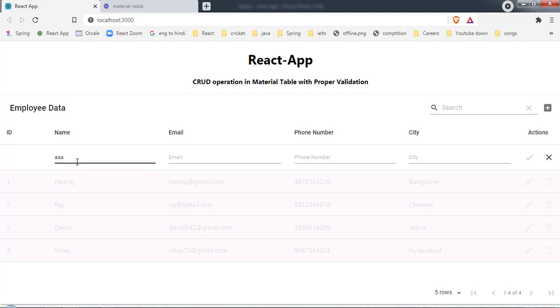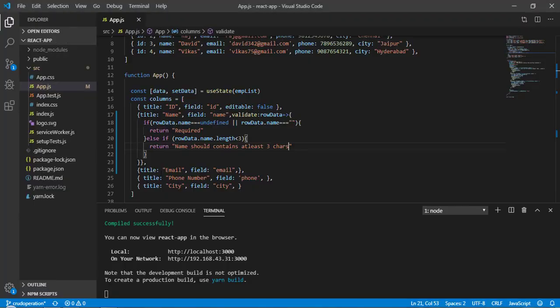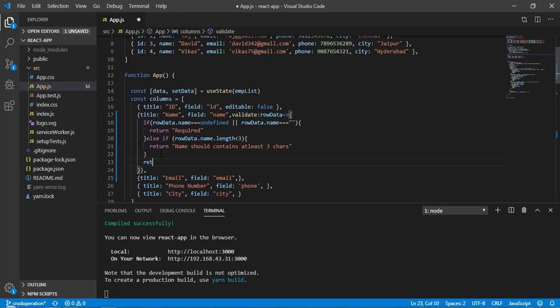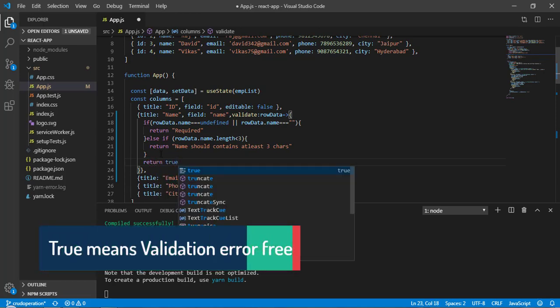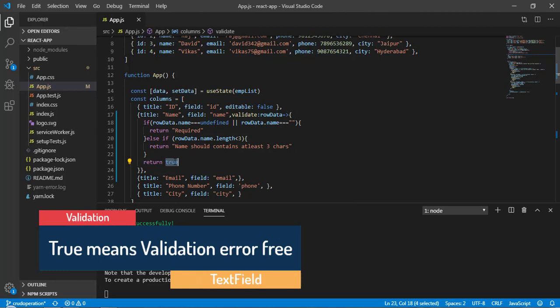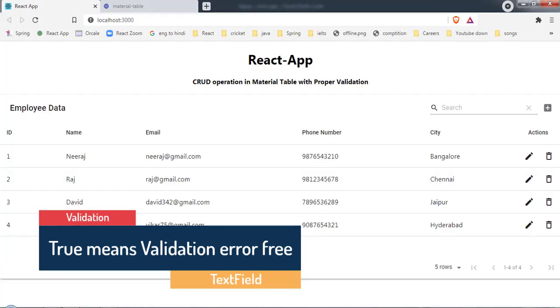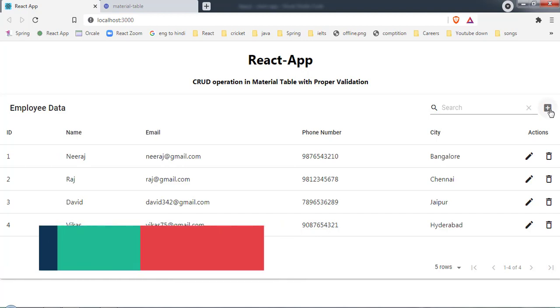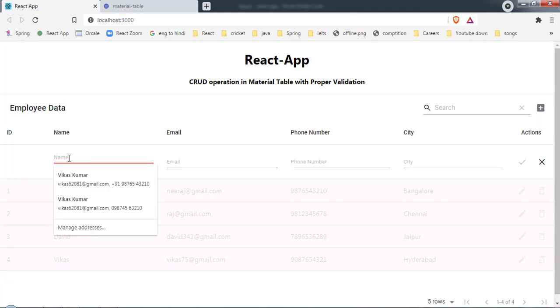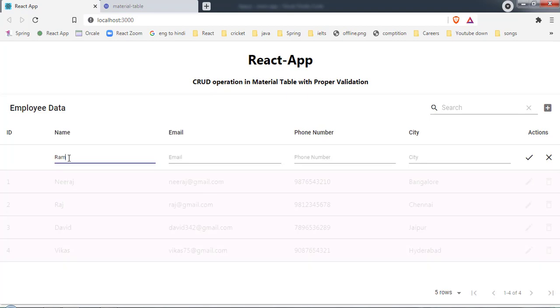As of now we have applied validation to only one text box, and this is still disabled. So now what we have to do is, if the first condition or the second condition is not satisfied, that means the value is correct. So from here let's return the true value. True in the sense that this is perfect, so that means we don't have any error anymore. Now let's create here, and I start writing RAM, and now as you can see this got enabled.